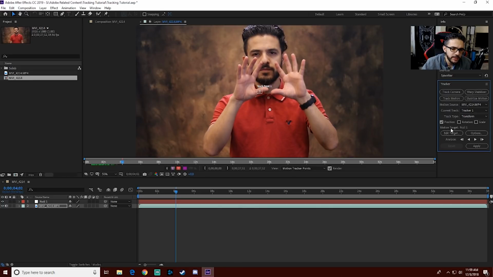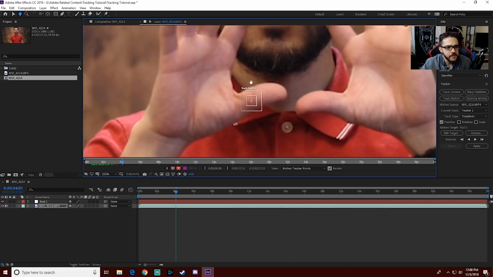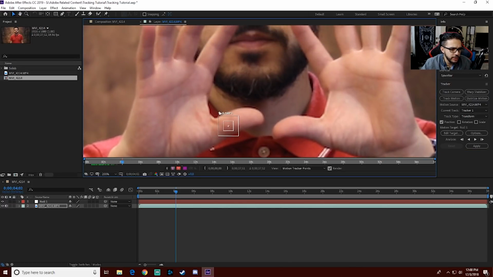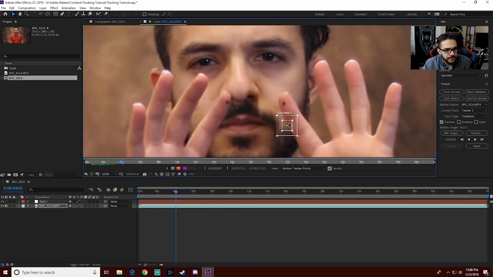Now notice right here where it says Motion Target, it already has the new one object, because that's where we're going to want the tracking to get linked to. It'll make more sense as we go through this. Now, as I zoom in here, you'll notice that there's two little squares, an outer box and an inner box with the little crosshair. Now, this little crosshair, this is the one that tells you exactly where you want to track. This little outer square is the one that tells you